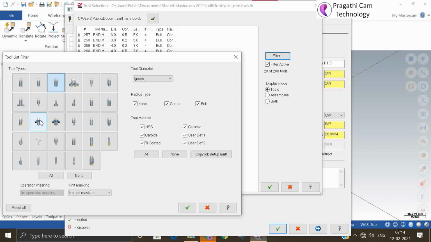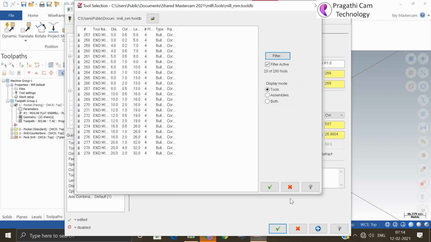All other tools: face milling is for face milling, radius milling is for radius, chamfer milling is for chamfer, and a slot tool if you want to make a slot like this. These are all particular application based only. You can use the flat mill where a flat surface is coming, but mostly in all surface machining situations, the bull end mill is used for roughing, and the ball end mill is used for finishing.